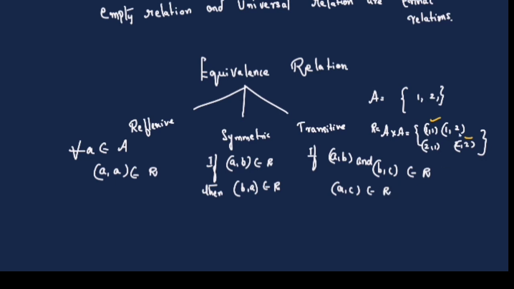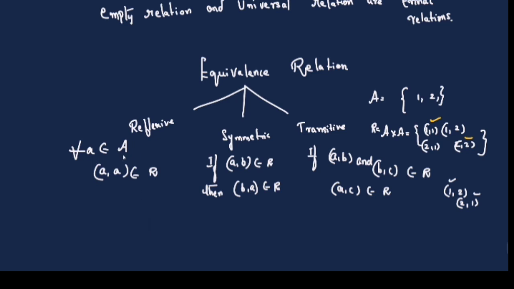See, if I take 1, 2, just take 1, 2. What is the element starting with the 2? Take an element starting with the 2 from here: 2, 1. Correct? See, 1, 2. Take the next element starting with the 2. So it is 2, 1. Now check the first and the last. Cancel this. So 1, 1. Is 1, 1 there in this? Yes. So there we say the relation is transitive.